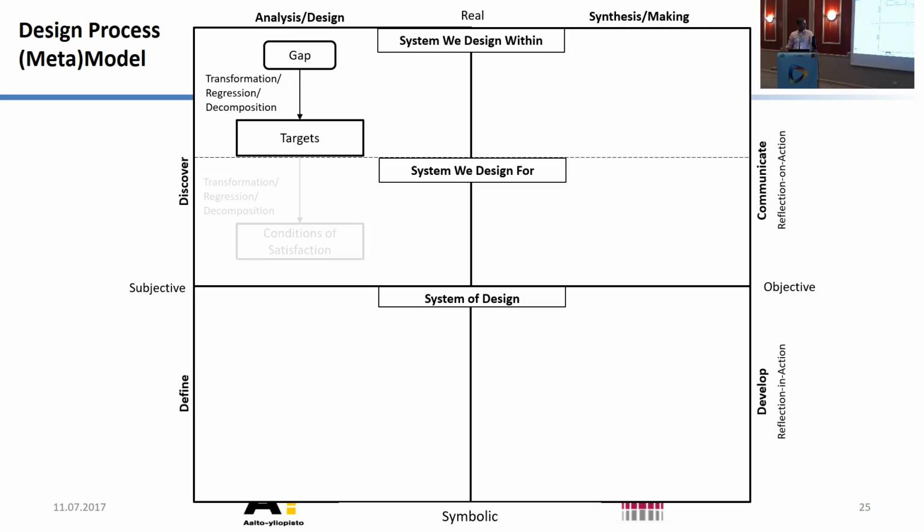So once we have established our goals, we go to the design criteria, as some call it. Glenn has called it design criteria in the lean project delivery model. But basically the phenomenon we are trying to capture is: what are the user needs? What are the goals of the users? If it's a hospital, we need to understand the movement of the patients. We need to understand how the doctors and nurses can support this movement and provide the best service by using the facility. And of course, this process also follows transformation, regression, and decomposition.